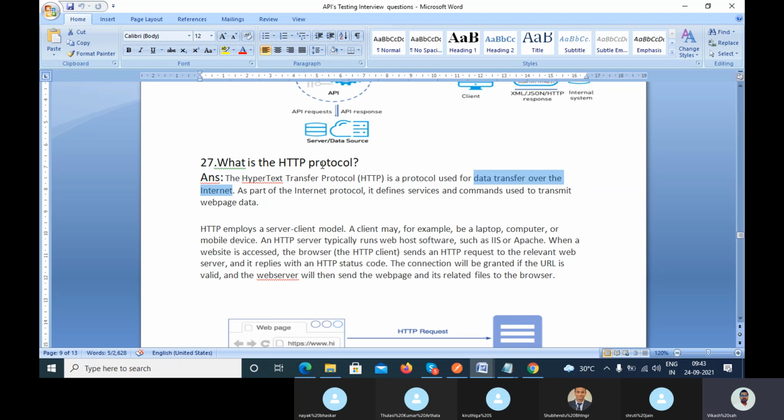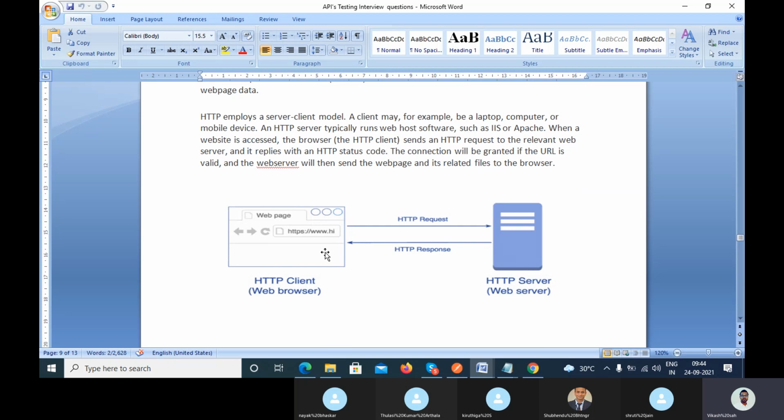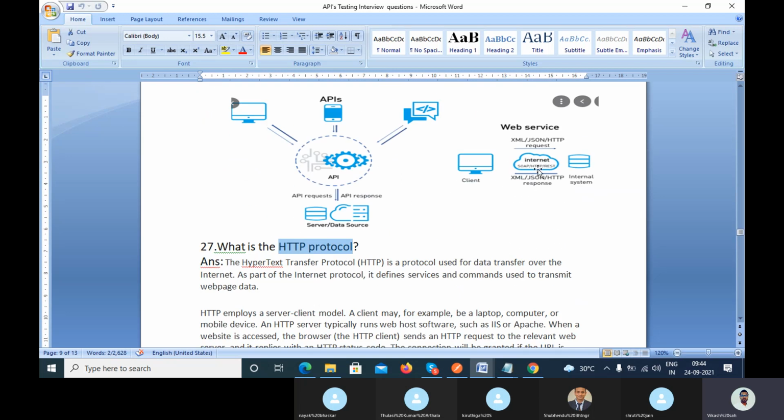The client sends the request and the server returns the response, right? That is what we can achieve using the HTTP protocol. Here you can see we are sending the request. When we hit anything in the web browser, the HTTP request connects with the server using the internet.